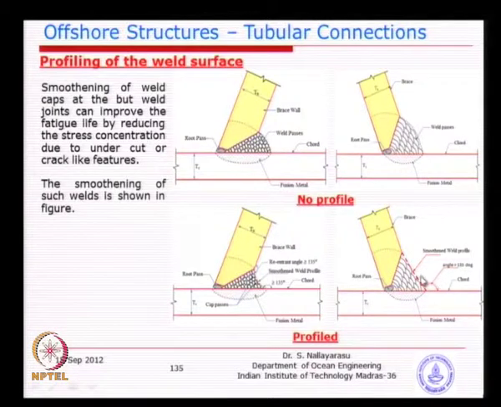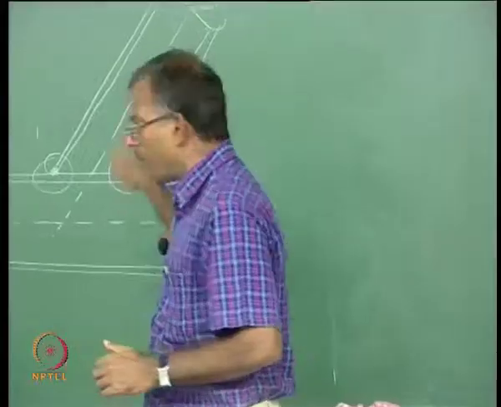What type of profile? It is not that I just go there and grind it according to my wish. It is not going to be acceptable. There are several requirements given in API. What should be the radius of this curvature at the joining point and the angles? Some simple ideas are given. Normally, we do a coin test. You know, if I do a profile like this,